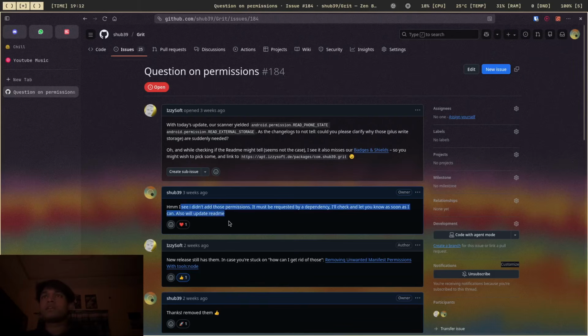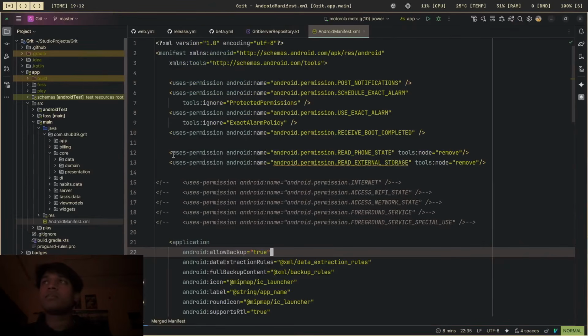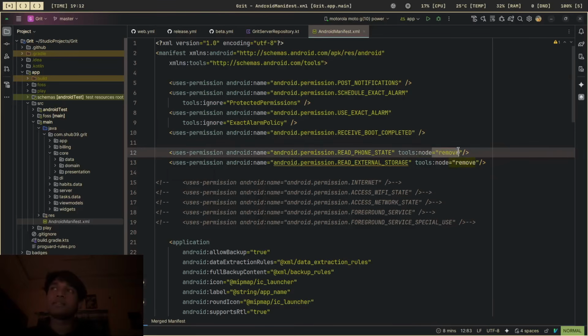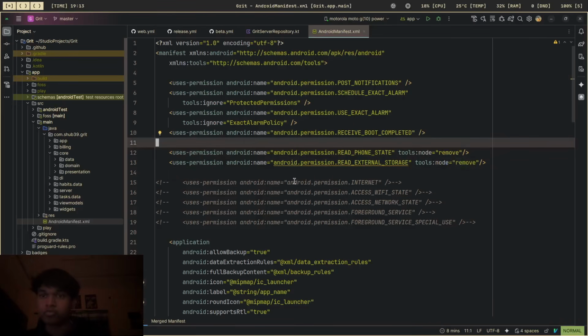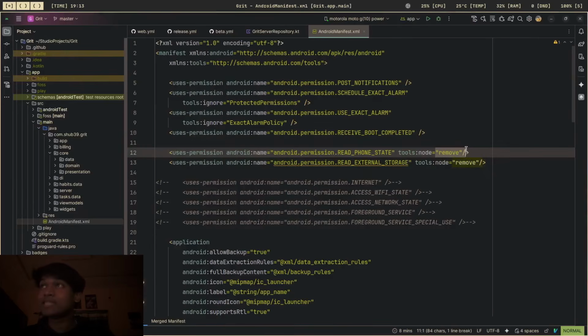At first, I thought that I didn't add them there, but these are present in the Android manifest. I added them with the tag to remove them, but remove those permissions. I was like shocked there, it was a really scary moment for me. So yeah, I explicitly told the Android compiler, Android SDK to remove these permissions from the final build of the app. And it removed it, but